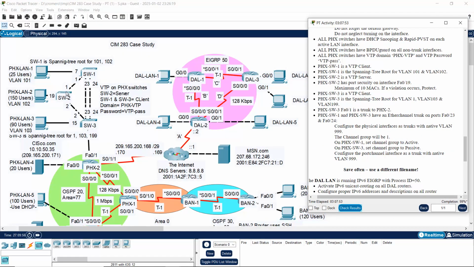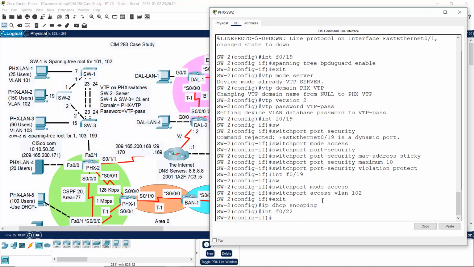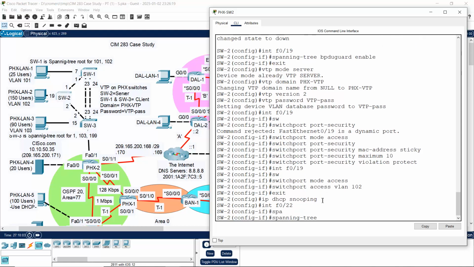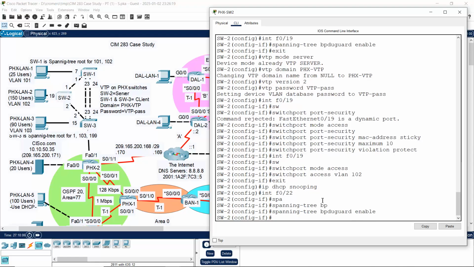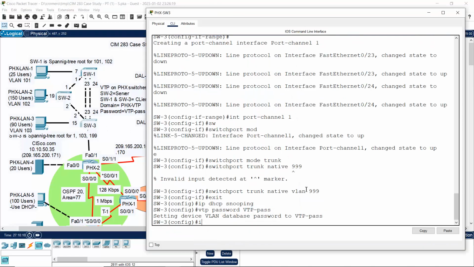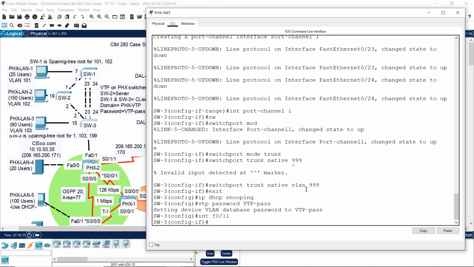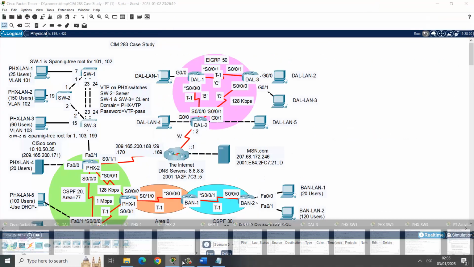Switch 2, 22, spanning tree BPDU guard enable. This command on switch 3, interface FastEthernet 11, BPDU guard enable. Okay,